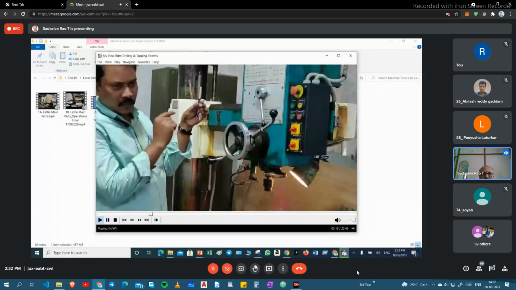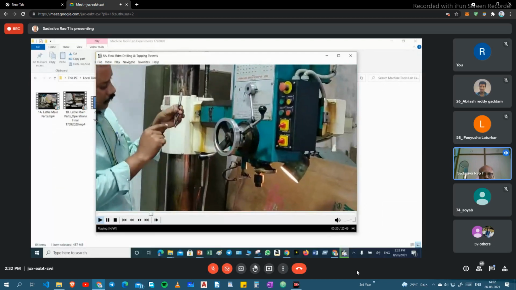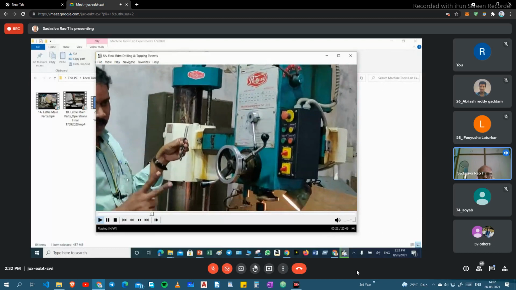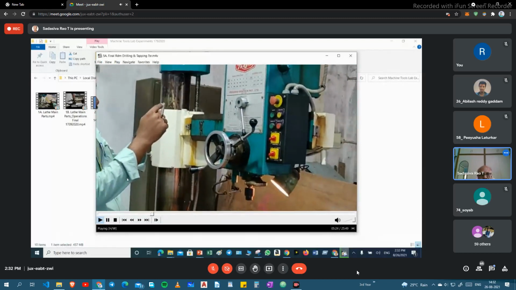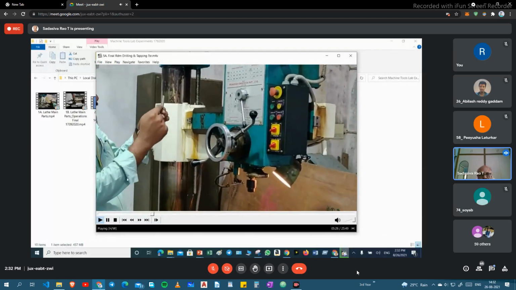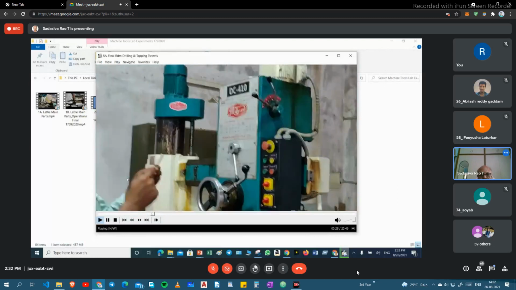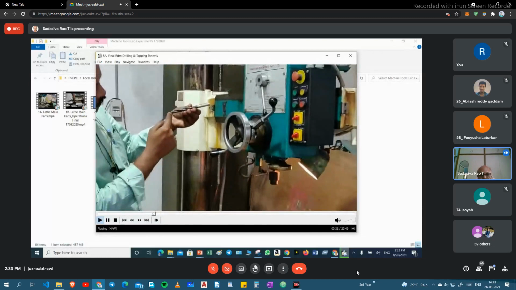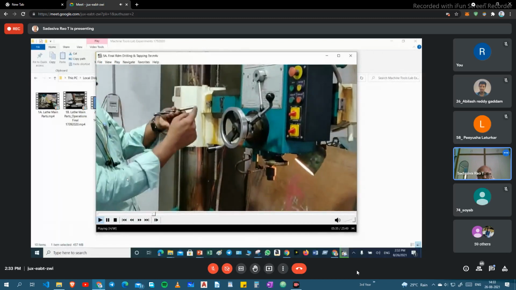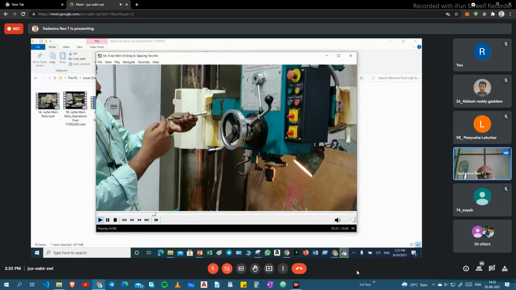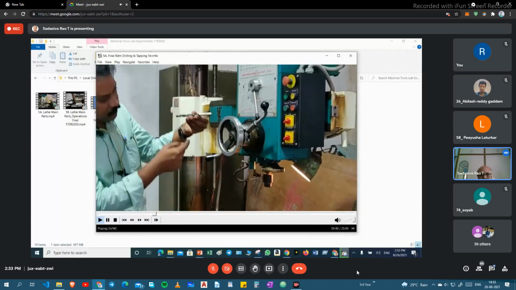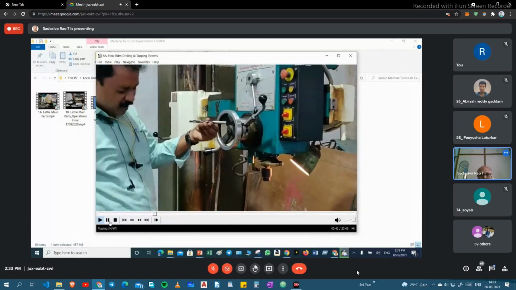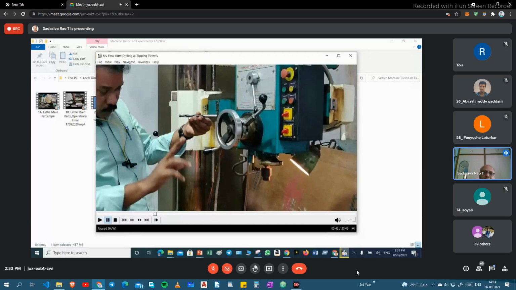Okay, you please come this way. This is called the drill bit, right? And in this drill bit, there are two types of drills. The part of the drill bit from ear to ear is called a shank, right? From ear to ear, it is called a cutting tool. From ear to ear, it is called a cutting point. Okay, it's a shank, it's a cutting tool, it's a cutting point, right? And in this drill bit, actually, two cutting edges are there in the drill bit, two cutting edges.